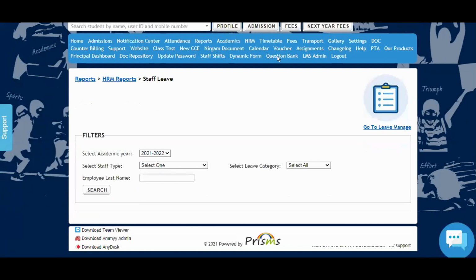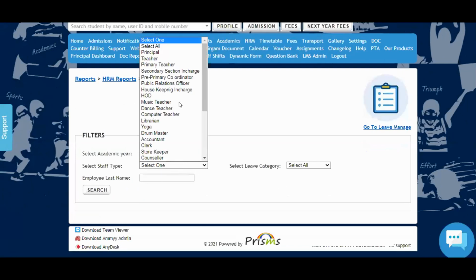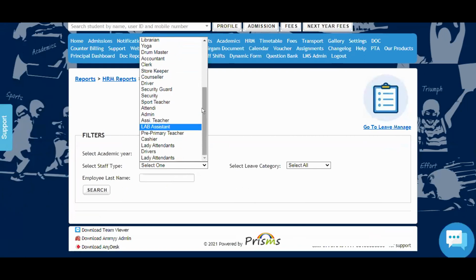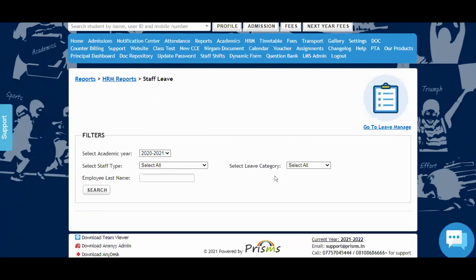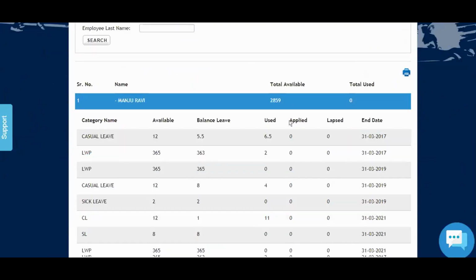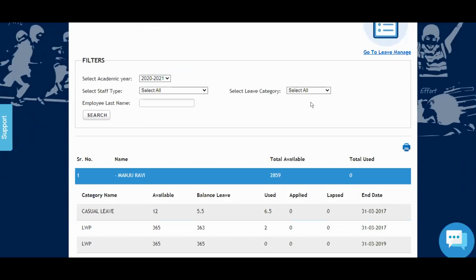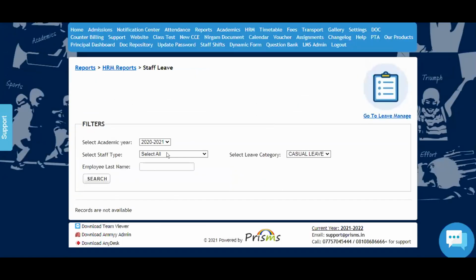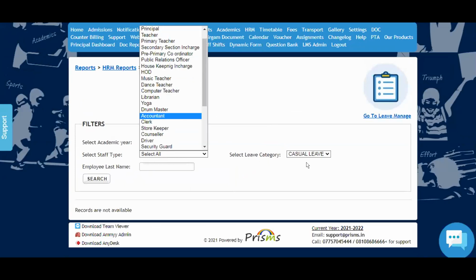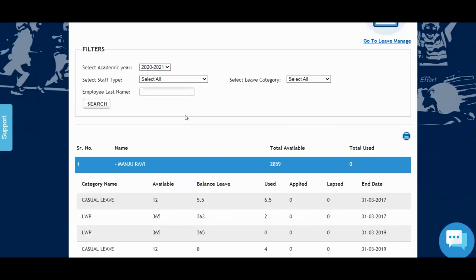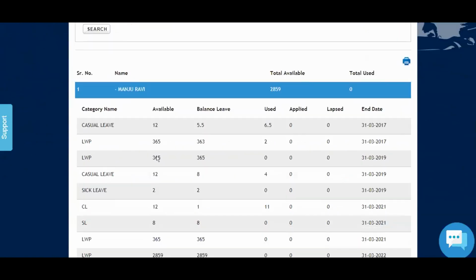If I want to see the report for only one particular staff, I can check for one particular staff, or I can select all. If I want to select one particular category, I can select that also. If I want to just check the casual leaves, I can select that too. So I'll be able to see the leaves.